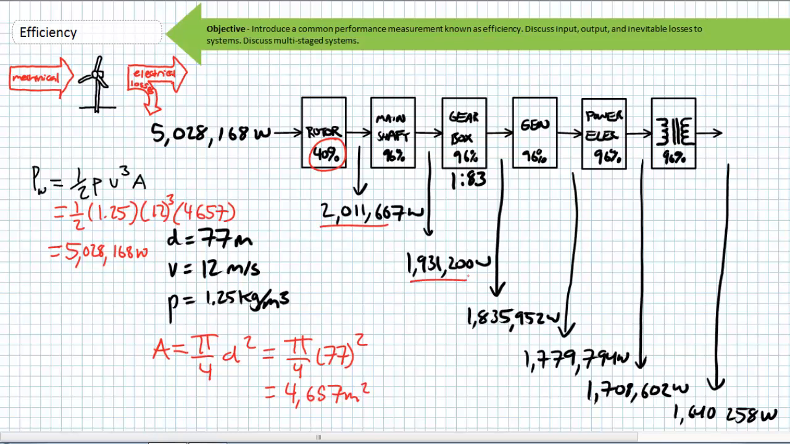This 1.9 megawatt output of our main shaft is now the input for our gearbox, which has a 96% efficiency rating. In this case, it's accounting for the frictional losses, heat, backlash, and noise. This 1.9 megawatt input gets whittled down to roughly 1.8 megawatt output, which is now being fed to our generator